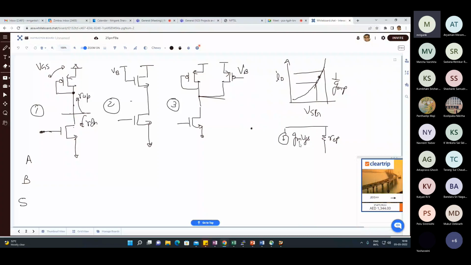GMP and ROP, and the drain and gate are connected. So the drain and gate are connected, and the source is at VDD, so the source is at AC ground. Now, in order to test the impedance, what is the process? Either I apply a small voltage signal VT and find out the current flowing, IT, or I can do the reverse. I can apply a small signal current and find out what is the